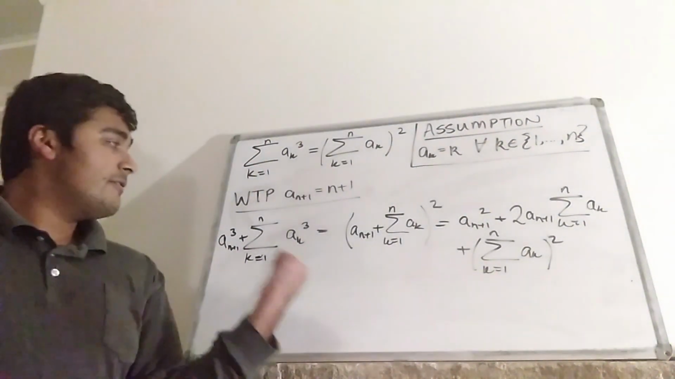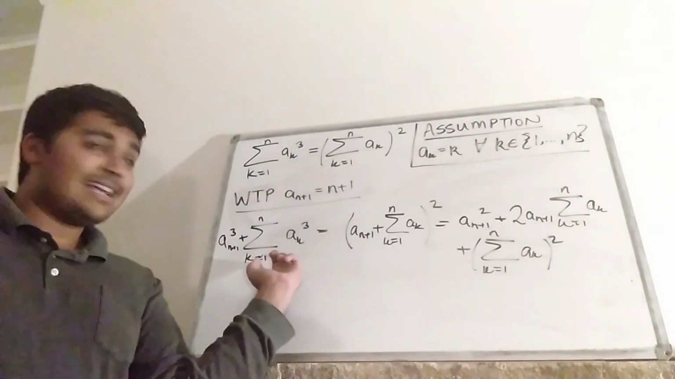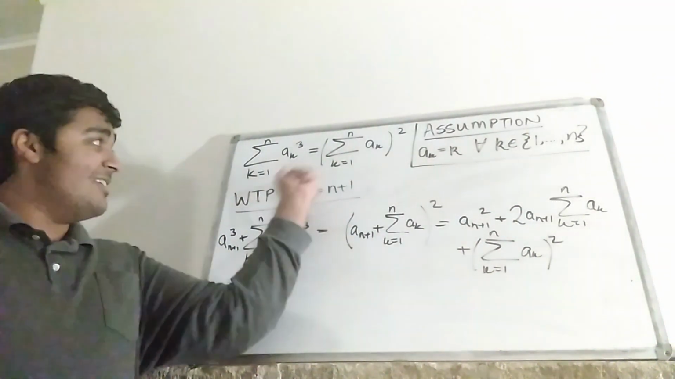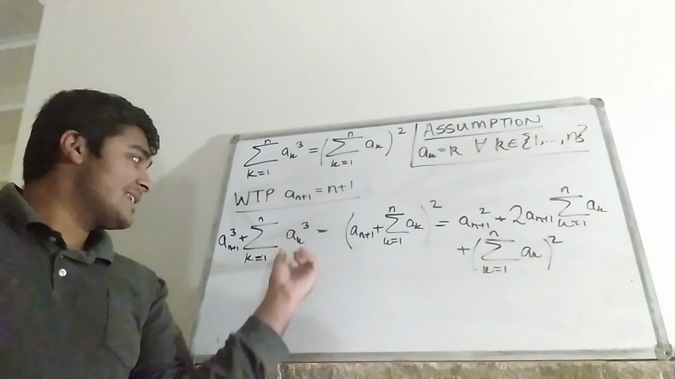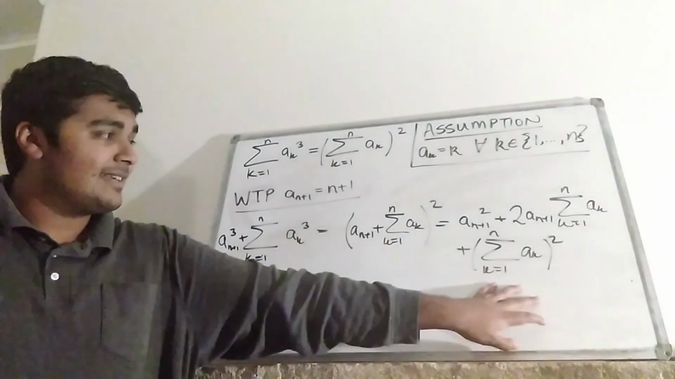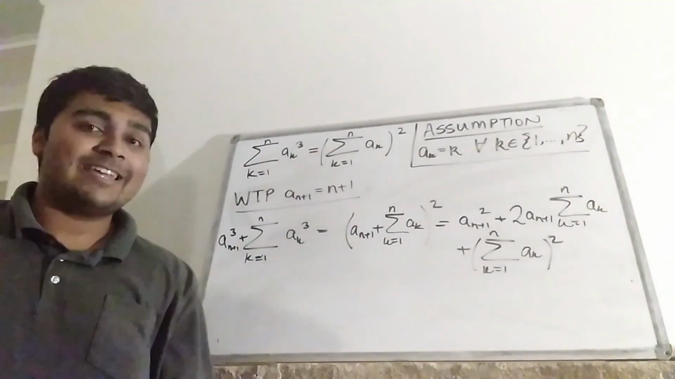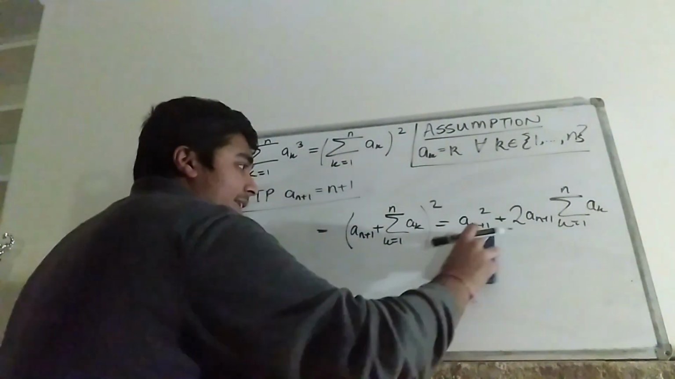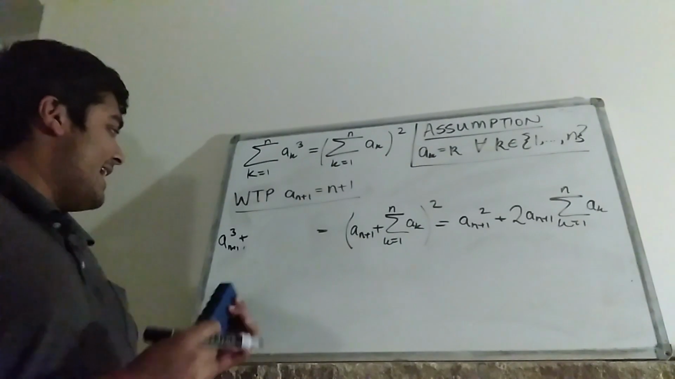Okay, so I get this formula here. Now firstly, I can cancel out this thing here with this thing here, because remember, a fact is that this thing here holds for all n. So the sum from k equals 1 to n of a_k cubed is going to cancel with the sum from k equals 1 to n of a_k, all squared. So let's rub those two out. Okay, so things are getting a bit cleaner. So I get that a_{n+1} cubed